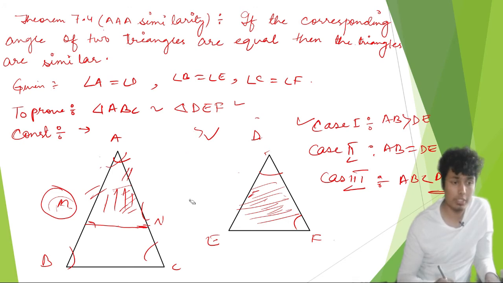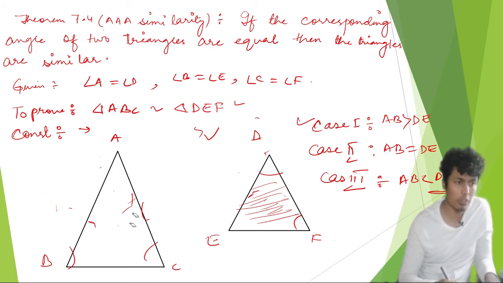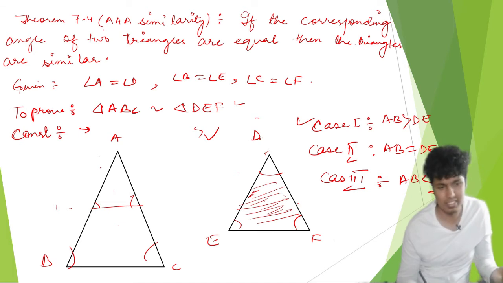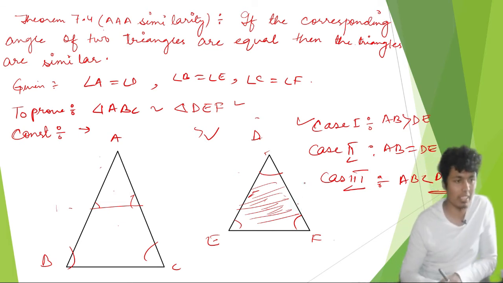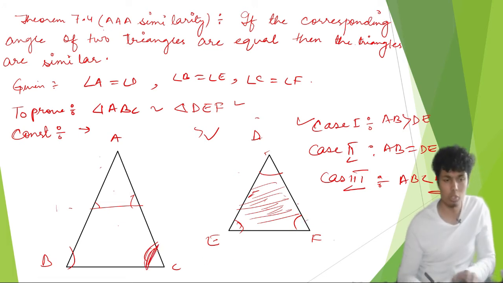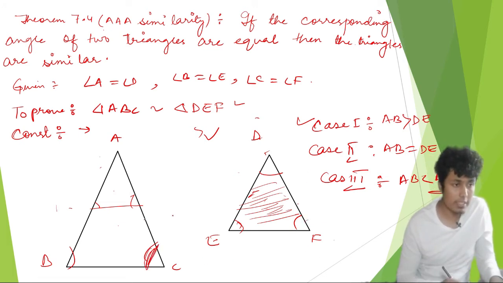Now if these triangles are congruent, then we can say, let me draw for this one first. So this angle is equal to this angle and this angle is also equal to this angle. If these two are congruent, then we can say these angles are equal. And another thing is angle DEF is also equal to angle ABC. This is also given in the question. This angle is equal to this one, and this angle is equal to this one. So now since MN